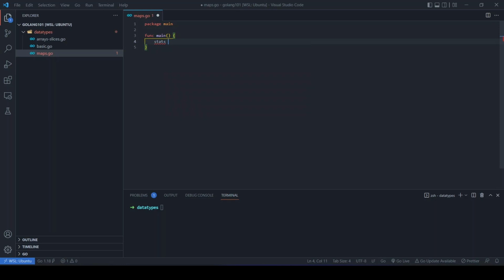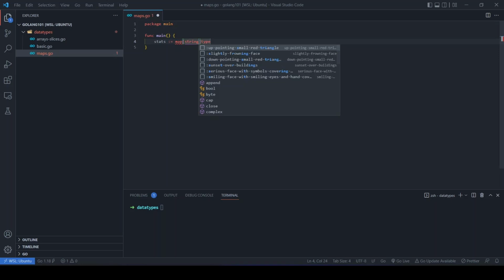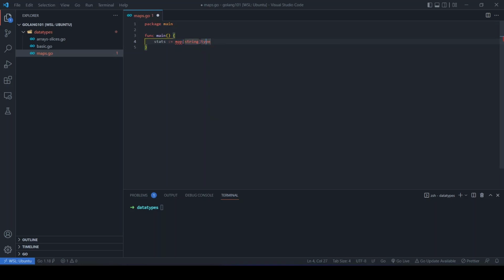So we could do stats, shorthand operator, map. Here we need to supply the key data type, that would be string in our case, and for the value data type it would be integer,